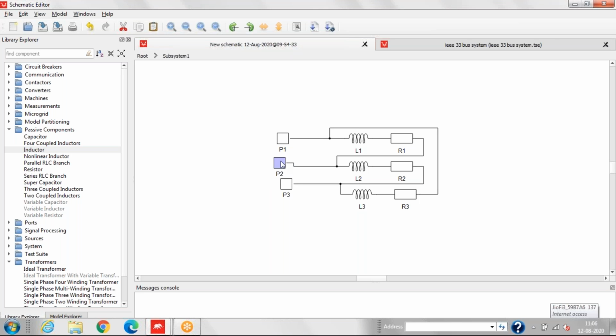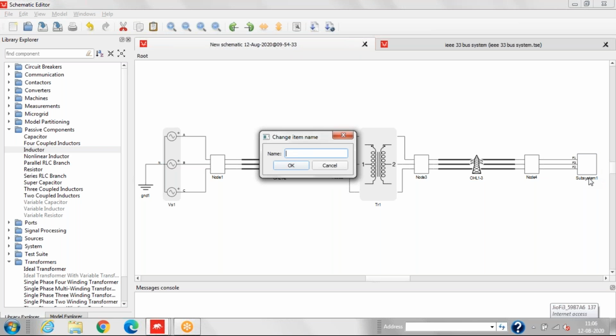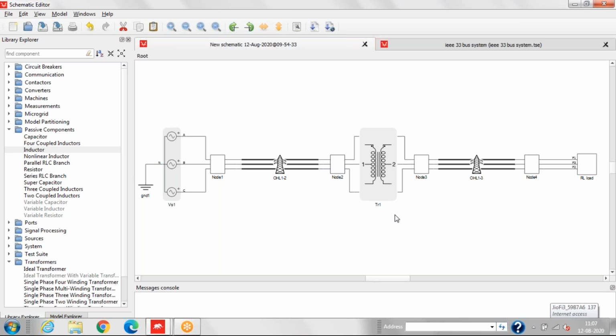Now we have done the load. Now we'll change the name. We'll write the name RL load. So we have done the plant part.